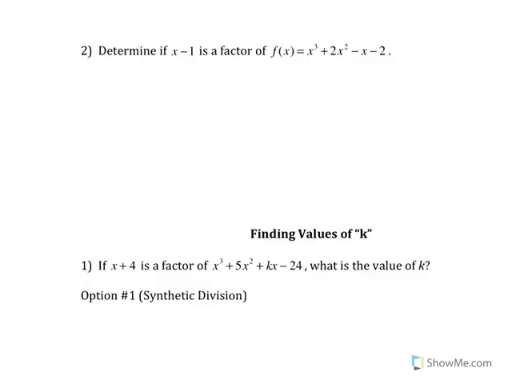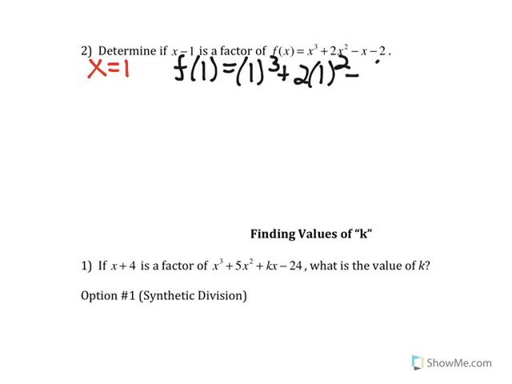So our next example, determine if x minus 1 is a factor. Again, we would look at when x is equal to 1. If we plug that in, we would do f of 1. I'm not going to do color coding on this, too complicated to keep going because there's 3 spots to plug in. So 1 cubed plus 2 times 1 squared minus 1 minus 2. If you plug it in, that does come out to be equal to 0. And if you do synthetic division,